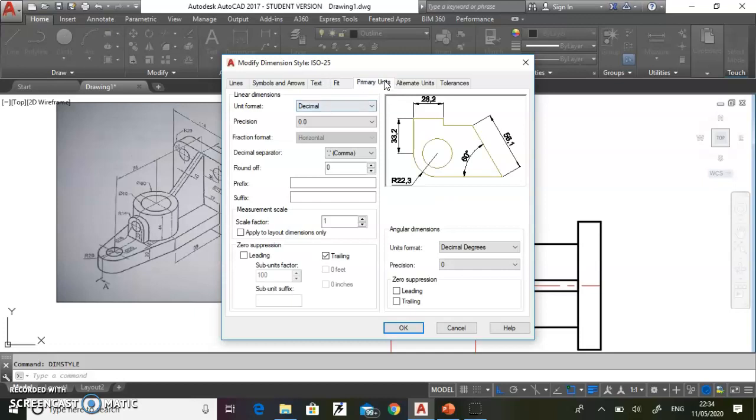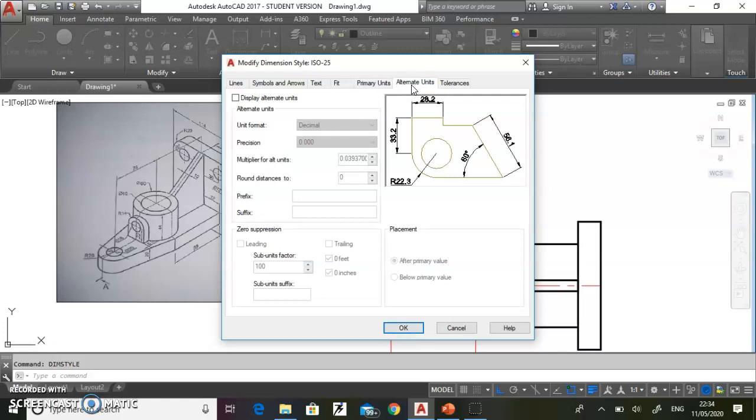Important thing, primary units we have to select decimal, precision we have to say 0.0, decimal separator it is comma, you change it to period. That means 28.2, initially it was 28,2. Then say OK. In the next tab we can go for alternate units